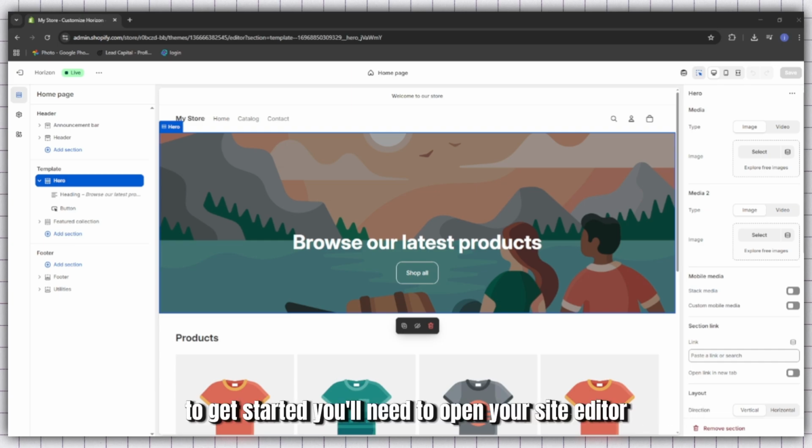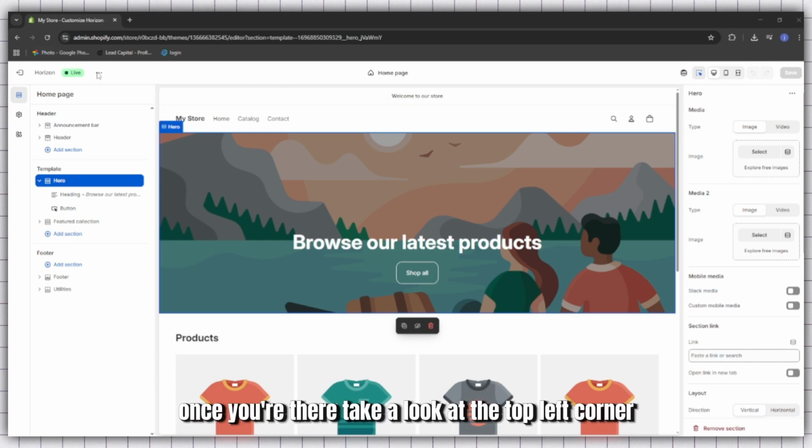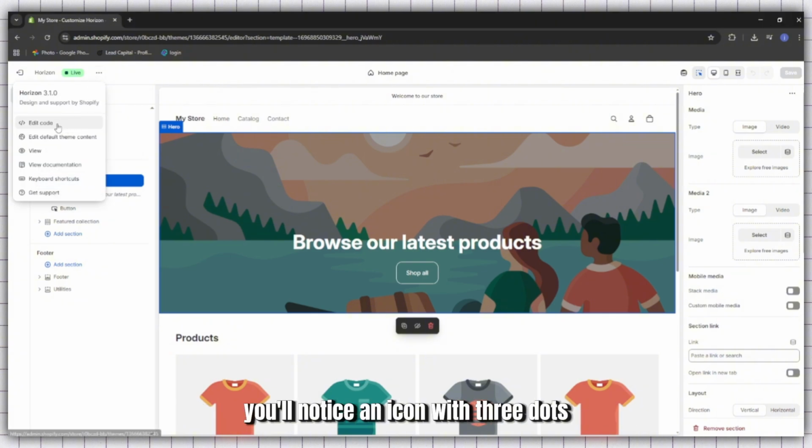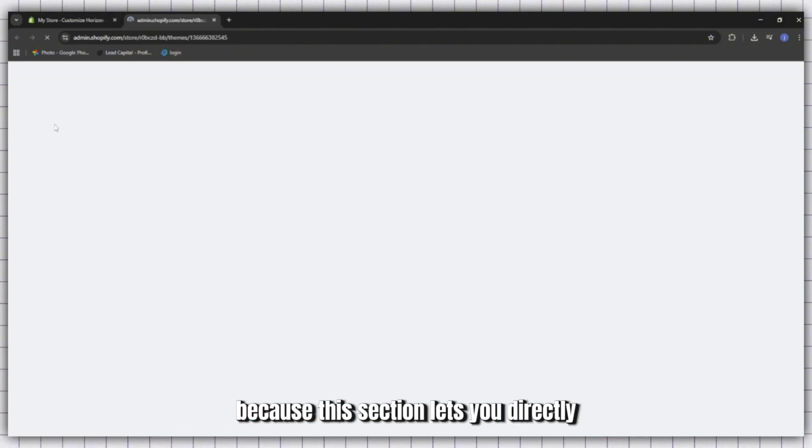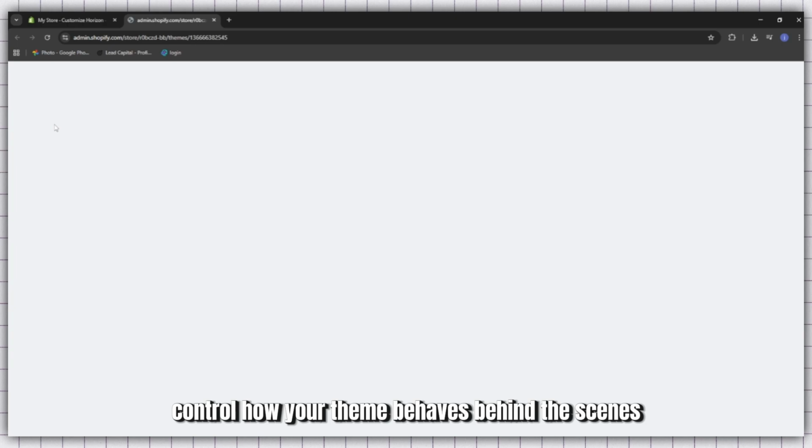To get started, you'll need to open your site editor. Once you're there, take a look at the top left corner. You'll notice an icon with 3 dots. Go ahead and click on that. This will bring up a few different options. From these, we want to select Edit Code. This is where all the magic happens, because this section lets you directly control how your theme behaves behind the